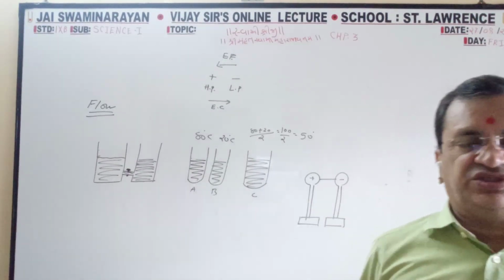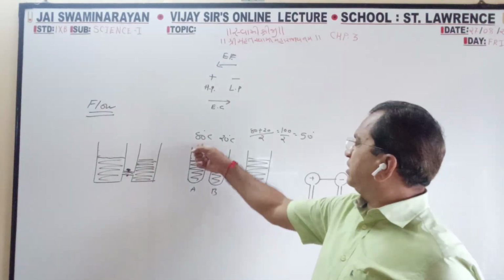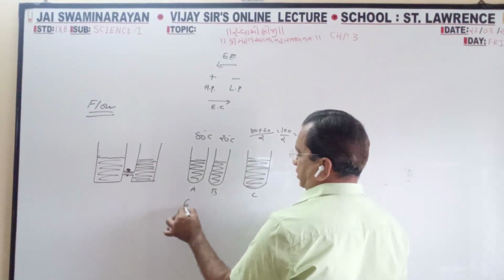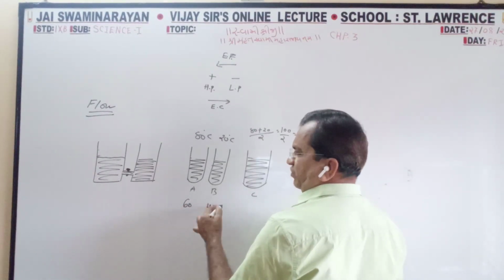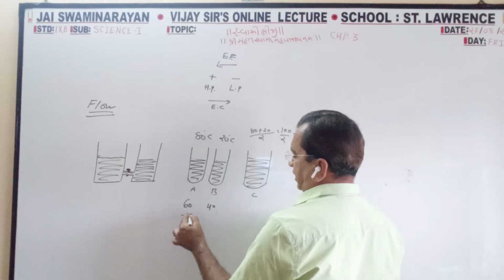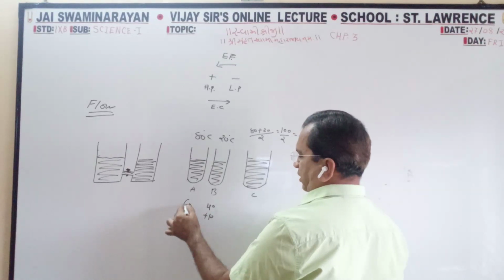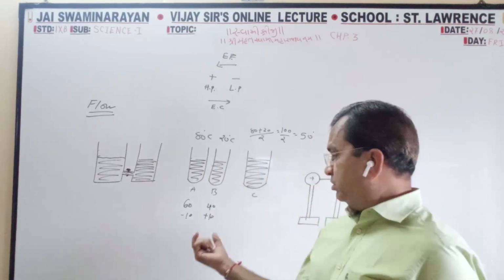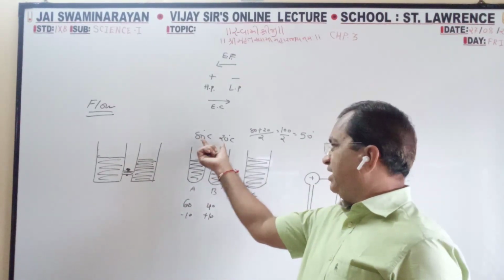Then the potential difference. See here, 20 and 80, the difference is 60. Suppose I take 60 and 40, a very small difference. So it will lose 10 and gain 10: 60 minus 10 is 50, 40 plus 10 is 50. So this is a very small difference, versus a large difference.